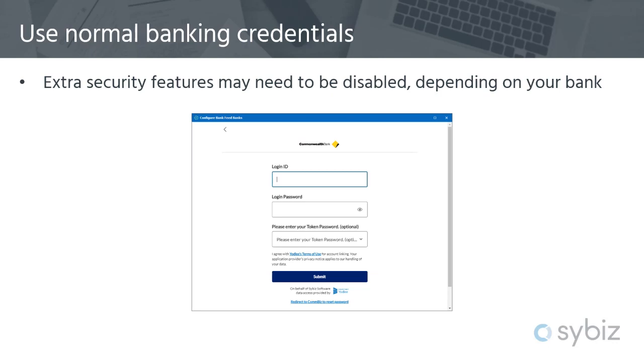You may need to get some extra security features disabled temporarily to enable this connection to be established. So if you do run into a spot of bother, just check with your bank to see what the requirements are to connect via a third-party service. And so once you've done that, you then get listed